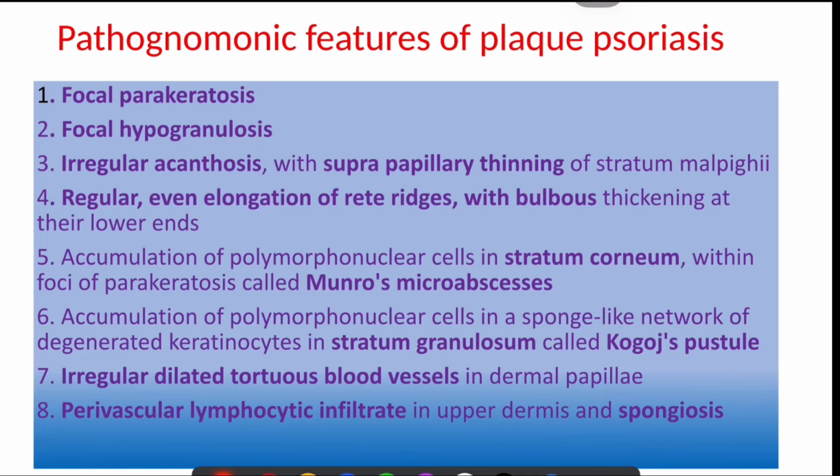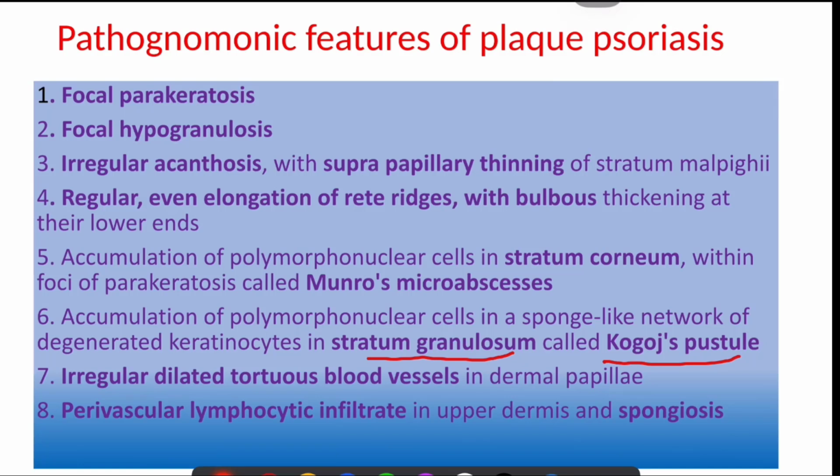Sometimes there is accumulation of inflammatory cells or polymorphs in the sponge-like network of degenerated keratinocytes in the stratum granulosum. So it is called Kogoj pustule, and there are irregularly dilated tortuous blood vessels in the dermal papillae and perivascular lymphocytic infiltrate